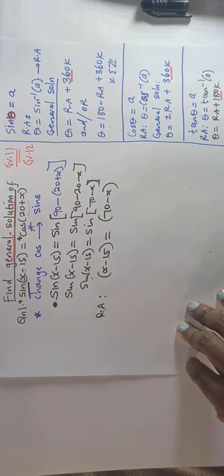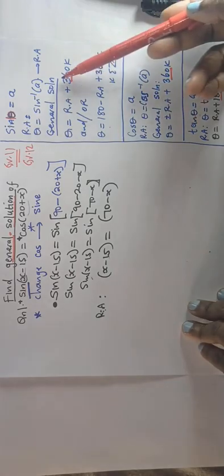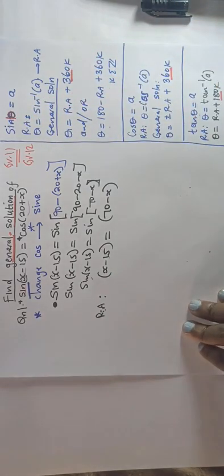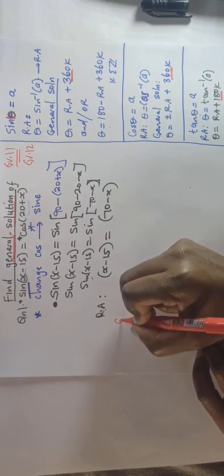Remember, what determines the period of a graph? The coefficient of the angle. Because the period of a graph, if it's sine and cosine, would be 360 over the coefficient of the angle. If it's a tangent graph, the period would be 180 over the coefficient of the angle. So the period is the number of degrees the graph goes through to go back to the same number. That's why, when I'm going to find the general solution